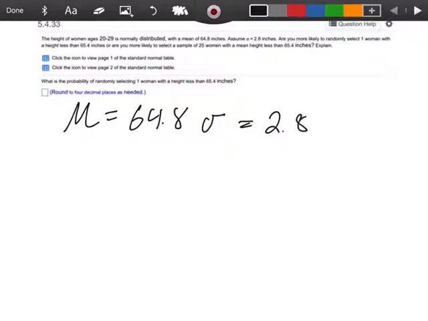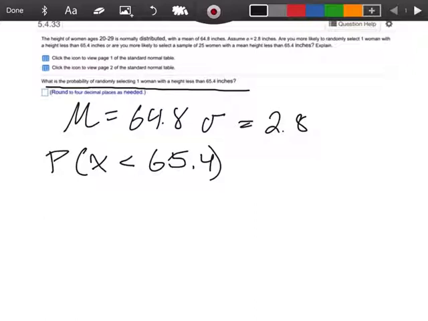And it says, are you more likely to randomly select one woman with a height less than 65.4, or are you more likely to select a sample of 25 women with a height less than 65.4? Explain. Okay, so look at the first part right here. It says, what is the probability of randomly selecting one woman with a height less than 65.4 inches? So what we're trying to figure out is what's the probability that X is going to be less than